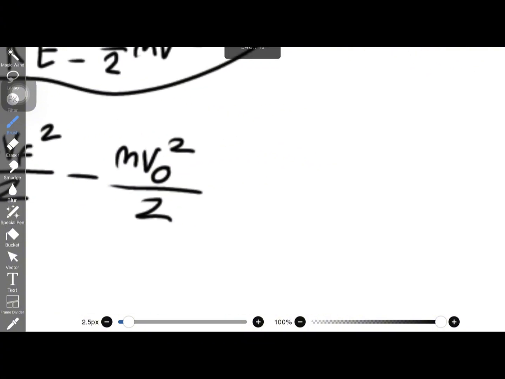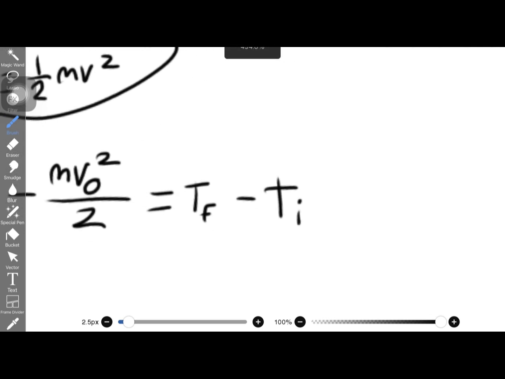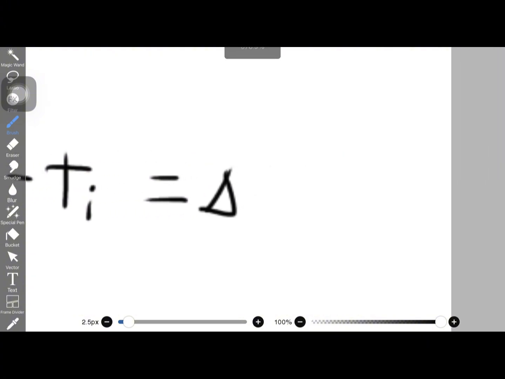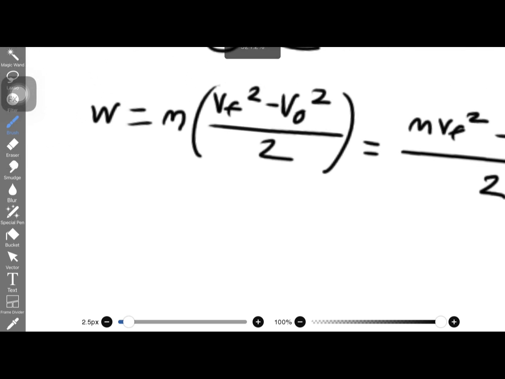So, therefore, this is actually the final kinetic energy minus the initial kinetic energy. And that is exactly the mathematical definition for the change in kinetic energy. So we have derived the work energy theorem. And that is work equals delta